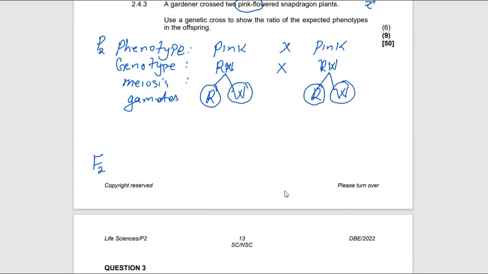Why? So that we can differentiate them from the genotype. And always know that there must be a space between these two gametes. Don't combine them, because when you combine them, it will look like a genotype. There must be spaces there. All right. Now these gametes are supposed to